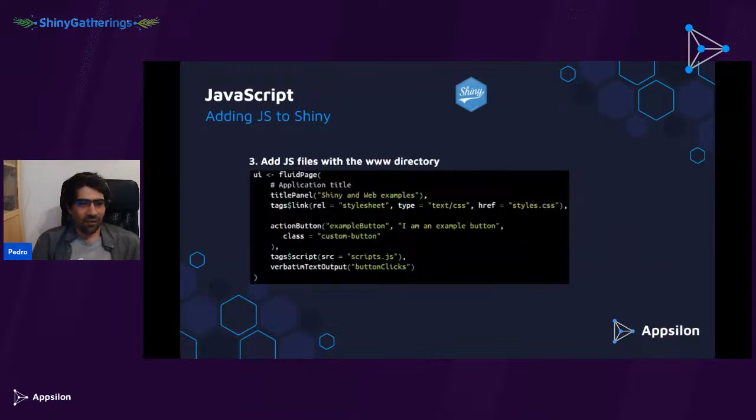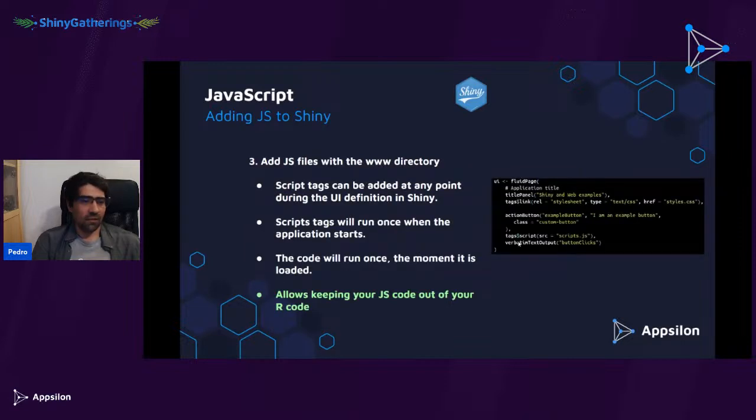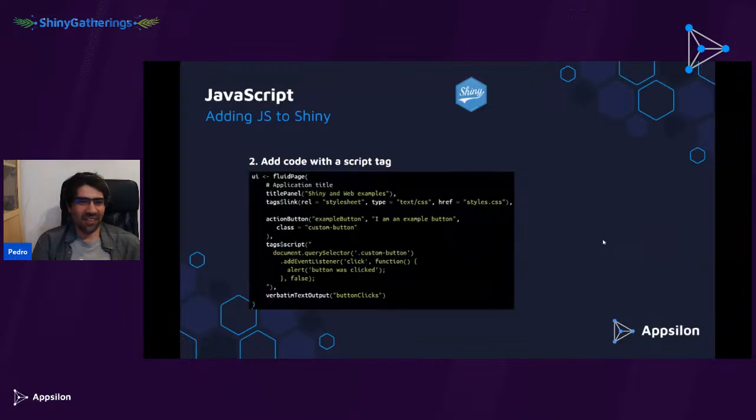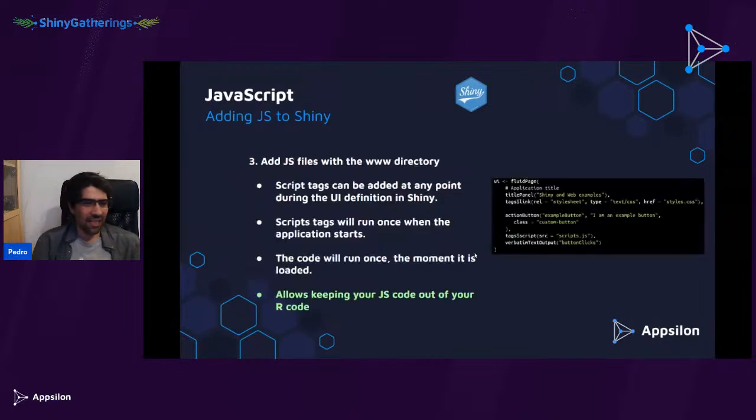And finally, the idea of adding the file. Again, super similar to the styles. The syntax is a bit different. We still use the script tag. In this case, we just give it a source with the path to the file. And in the file itself, we add our code. In this case, it's the same code that's here. And yeah, that's it. Best reason to use files: readability, similar to CSS. It just lets you keep your JS code out of your R code and just makes life easier. This is much easier to read than something like this. At least I believe so.